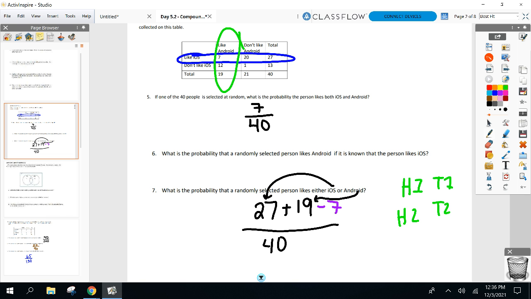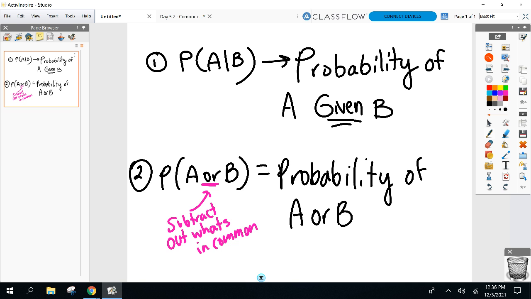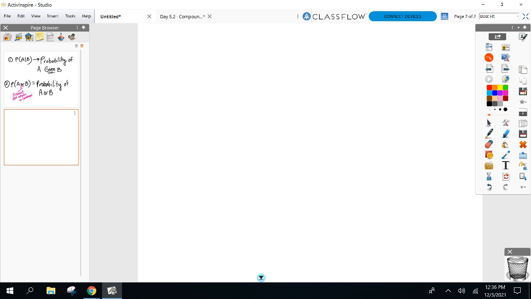So how do I do this if I'm not given a table, a Venn diagram, or I can't list them out? Go to the very front of your packet, please. All it says is probability at the top. Then it has a huge, nice blank space for a reason. Because if there's no Venn diagram, if there's no table, and I can't list out my possibilities, we're going to have to rely on some formulas today to find all these.